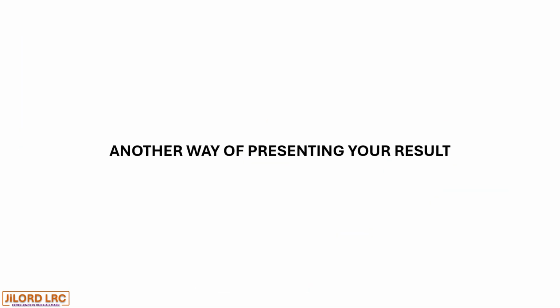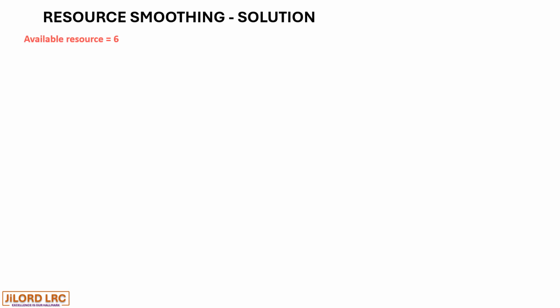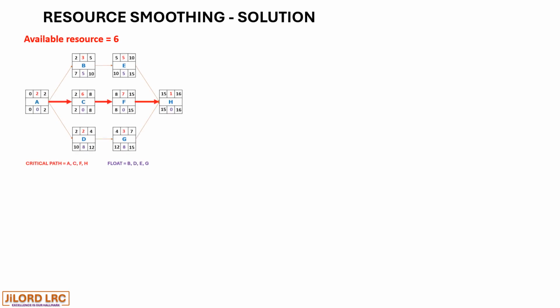So let's look at another way of presenting our results. We are told that the available resource is 6. And we have our network diagram with critical path A, C, F, and H. So those activities will not be moved in terms of the resource moving we intend to do. But the activities with float, B, D, E, and G, would have to be moved so as to enable us have a smooth resource histogram. So let's draw the chart